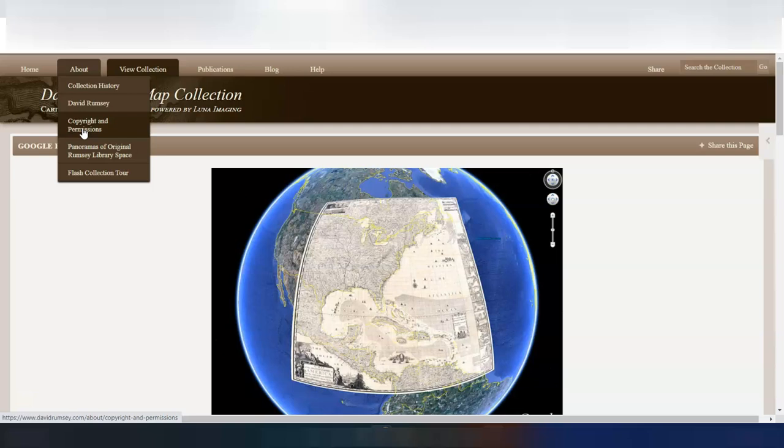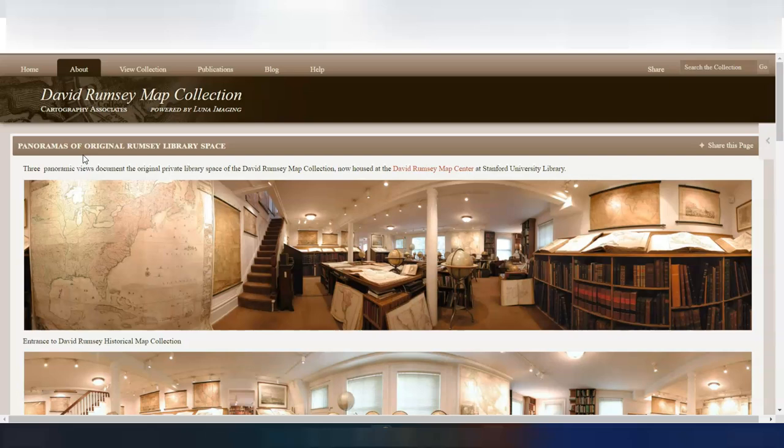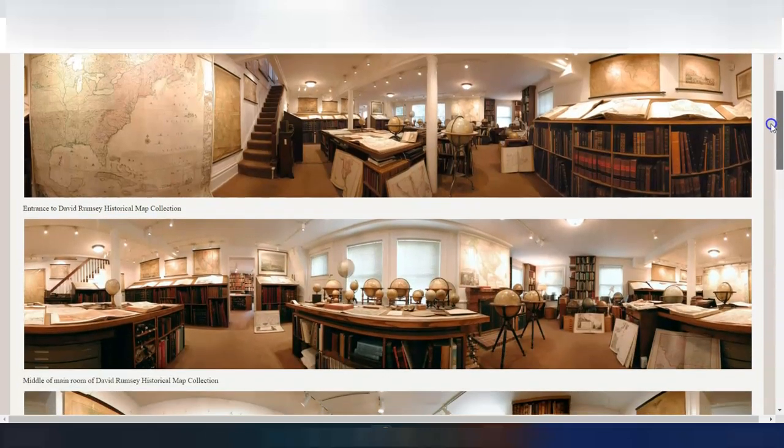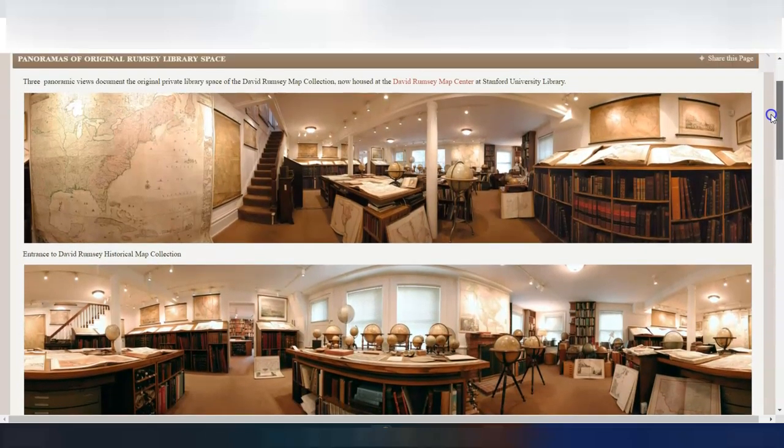If you're a map lover, or if this site turns you into one, you'll want to check out the physical home of the David Rumsey Map Collection. A visit to the Stanford libraries to see this is on my bucket list. Look at this. Meanwhile, though, I'll just have to keep exploring the maps here at